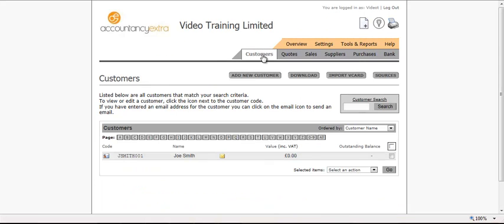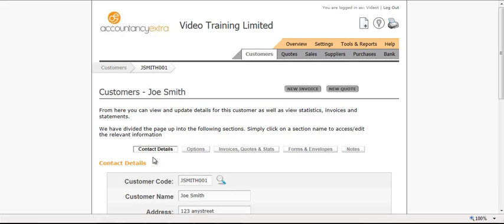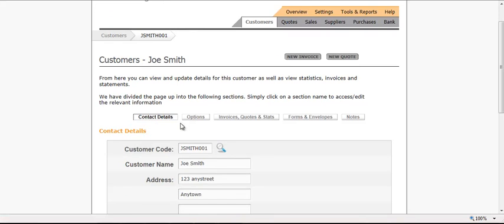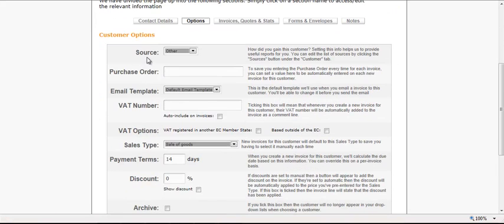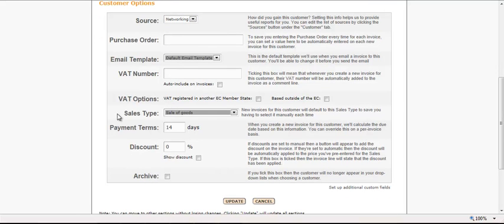So if we now go back to our Customers tab, we need to allocate Joe Smith a source code. We click back into Joe Smith. If we click on the Options tab, we can see there the first thing that comes down is source. So selecting from our drop down list, let's say that Joe Smith came to us via a networking event. We can also add in things on there such as his VAT number,